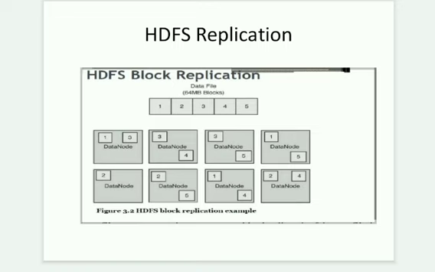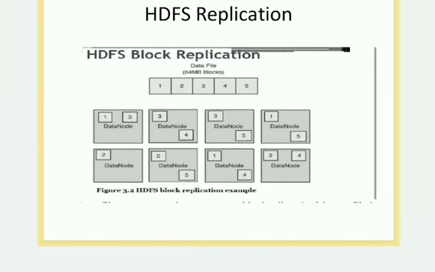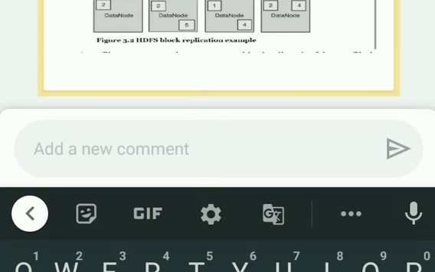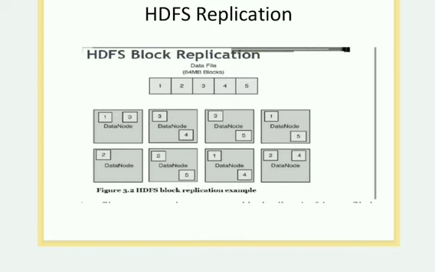The second important process is that the mapping between blocks and data nodes is created by waiting for enough data nodes to register, so that at least one copy of the data is available. Suppose data nodes are not available, then you can enter into a safe mode. That means you can't create blocks or anything. So until at least one data node is available, you stay in safe mode.